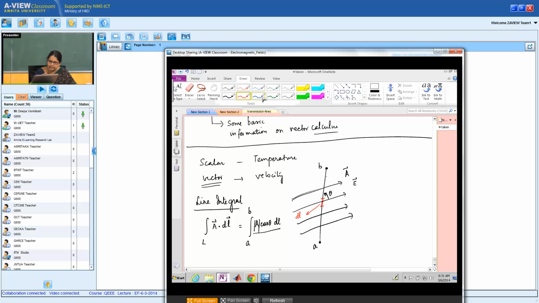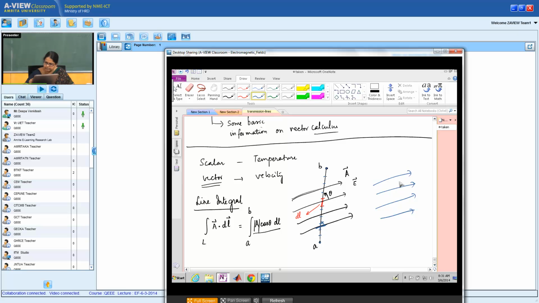So to calculate the line integral from A to B, I'll have to divide this A to B into small strips, each of length dl. At every strip, I would see where is the direction of my vector A, calculate the component of that A along that line, and then add it up. So in a way, that is giving you an effect of that vector along the line that I am considering. For example, I could have the same vector field,